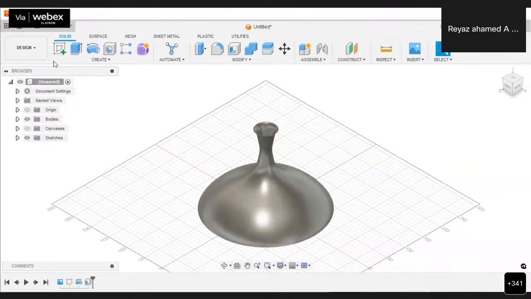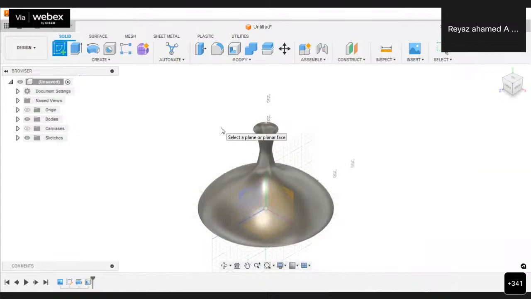For creating the profile, let me choose the create sketch option. And then I need to choose the plane where the profile has to be created. Now let me choose this particular plane, the plane which is perpendicular to the XY plane, because in this direction only the hole has to be created. For that I have to create a circle over here. That plane also divides the lampshade into two. Let me click on that plane.